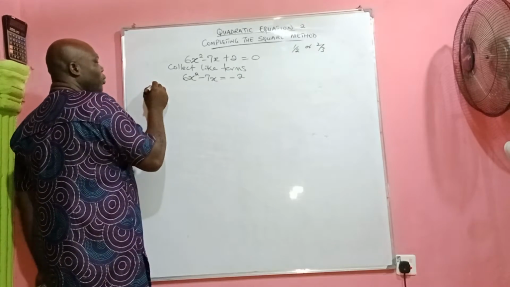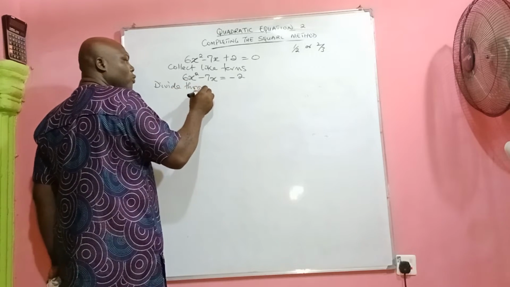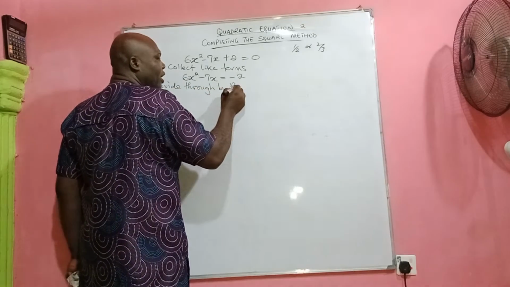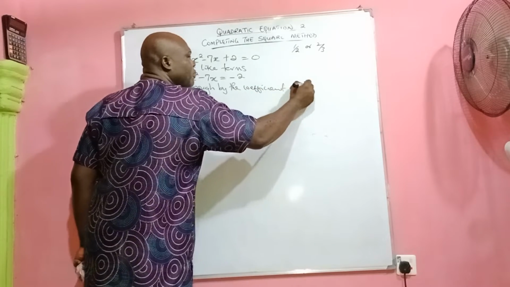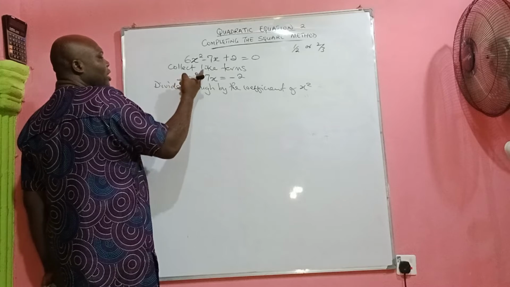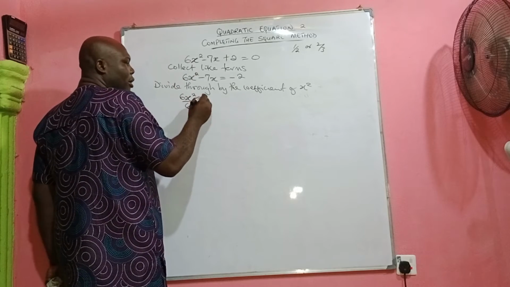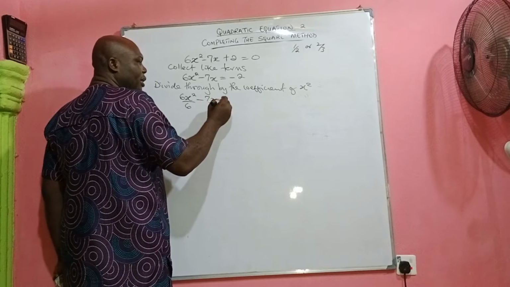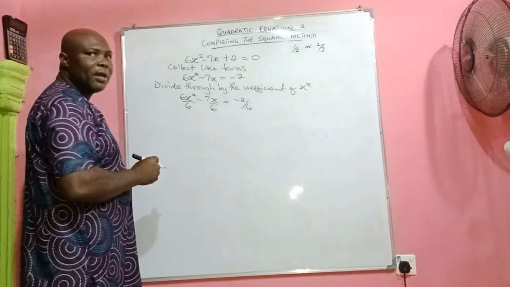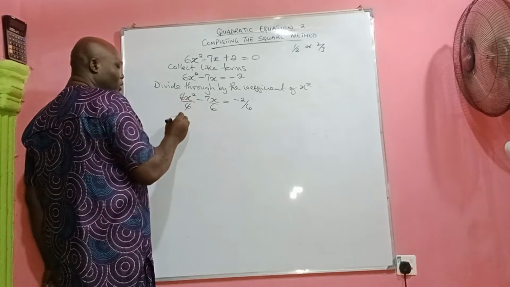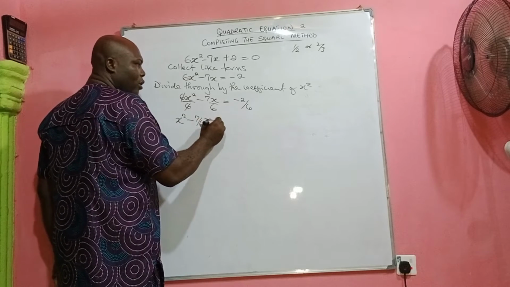The second step, we divide through by the coefficient of x squared. The coefficient of x squared is 6. So that will be 6 divided by 6, minus 7x divided by 6, minus 2 divided by 6. We are dividing through by the coefficient of x squared. At this point, 6 crosses 6, you have x squared minus 7/6 x